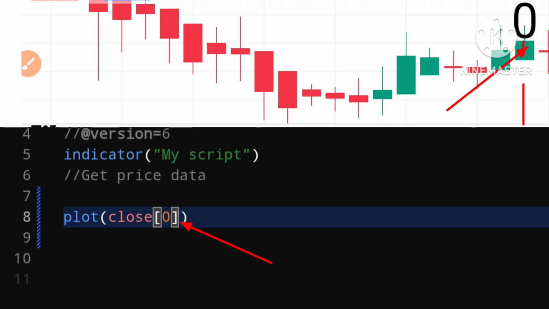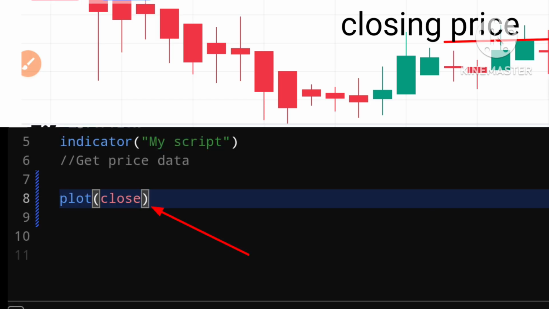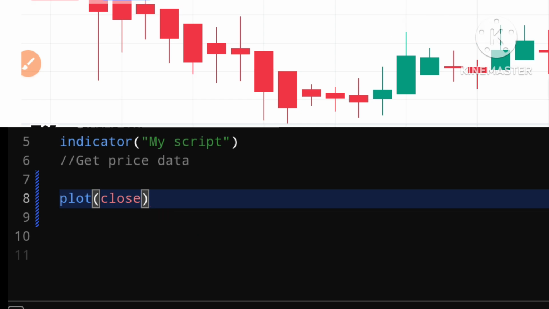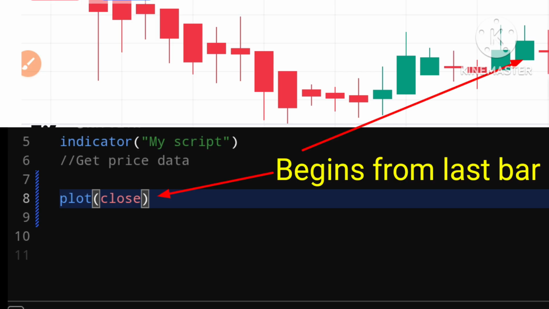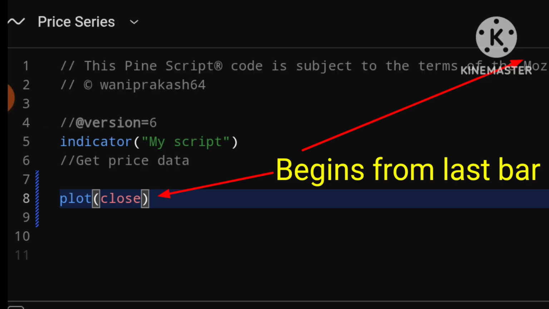So what I mean by that is plotting the closing price of the bar index of 0 onto a chart. If I save this script, that is exactly the same as just plotting the closing price. Another thing that is important to mention is that these bar index numbers begin from the last bar on our chart.